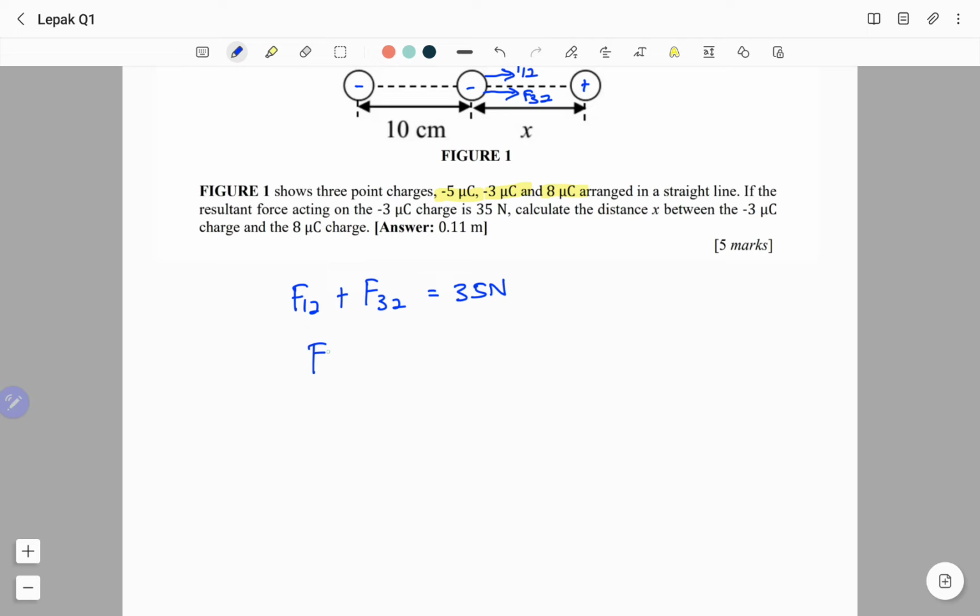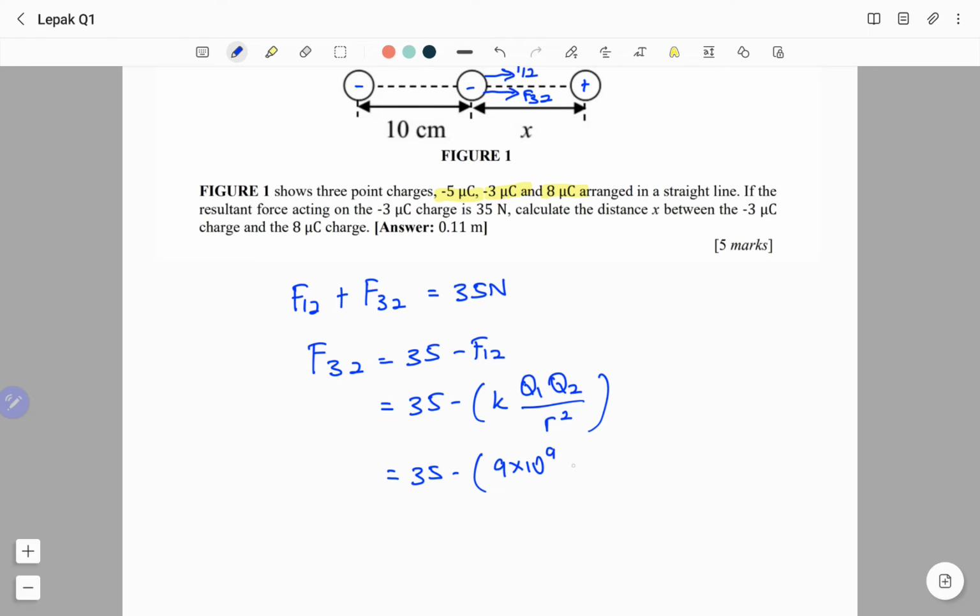So we rearrange the equation: F32 is equivalent to 35 minus F12. Expanding this, 35 minus K Q1 Q2 over distance R squared. So this is 35 minus K, 9 times 10 to the power of 9, multiplied with